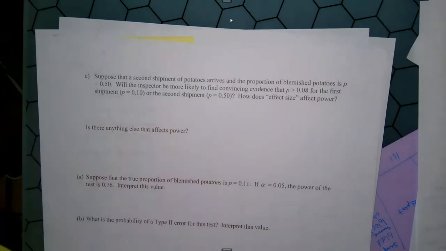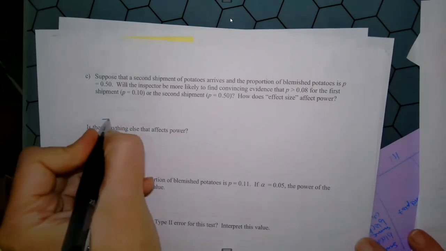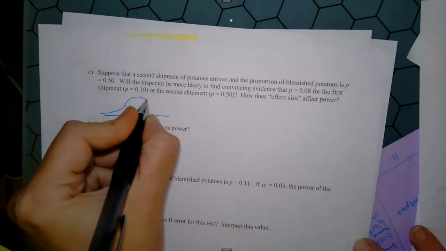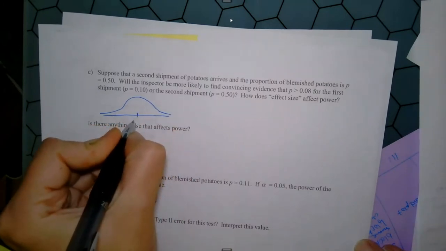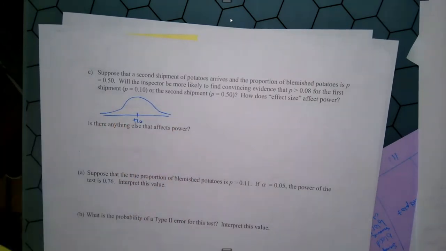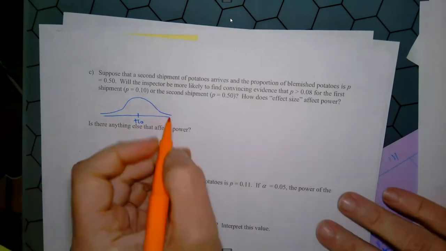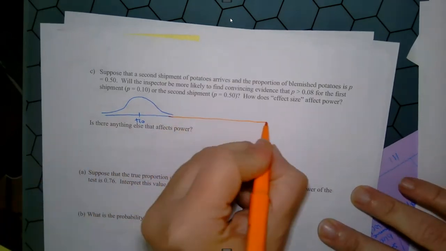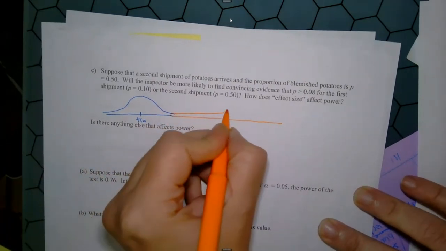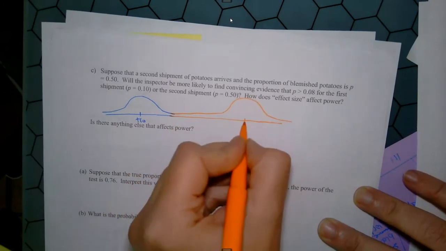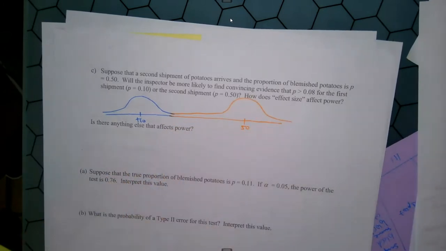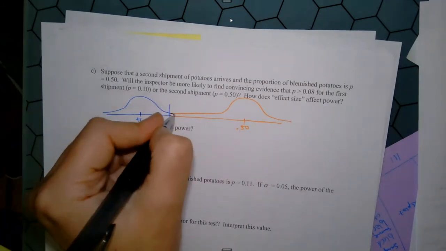So the idea here is that your last tool, which you really never have, is that your null hypothesis number, in this case the 8%, and your actual population parameter are very far apart, in this case really far apart compared to the graphs we had earlier. So if it's really 50% bad potatoes instead of 11%, these graphs are so far apart that if I pick any alpha level,